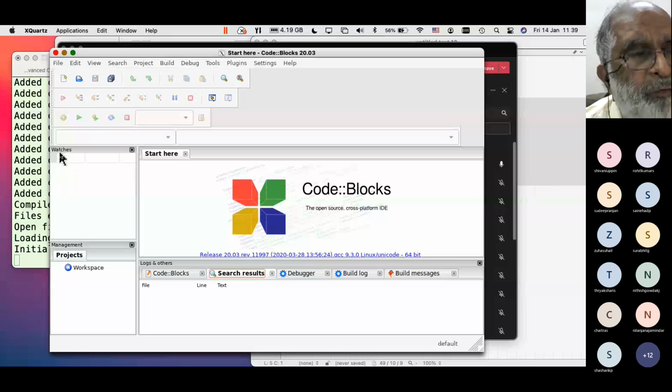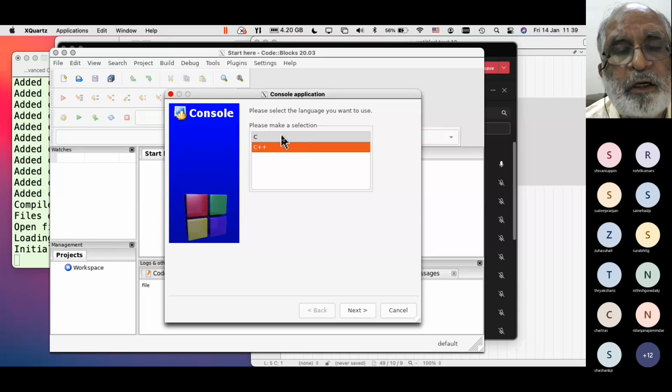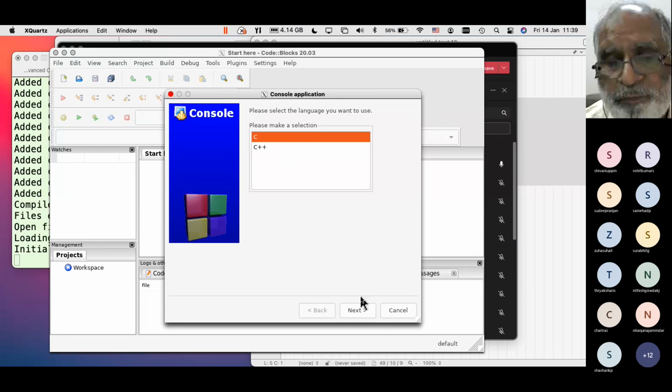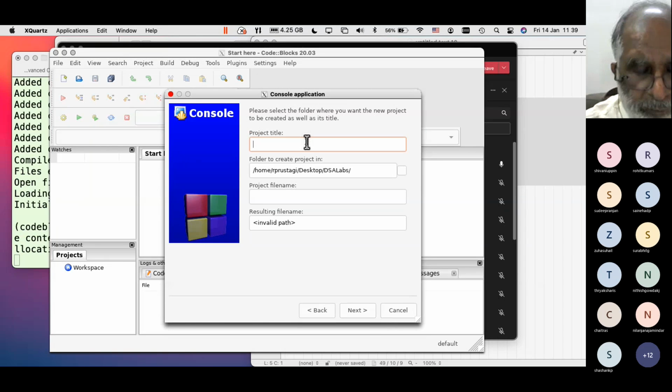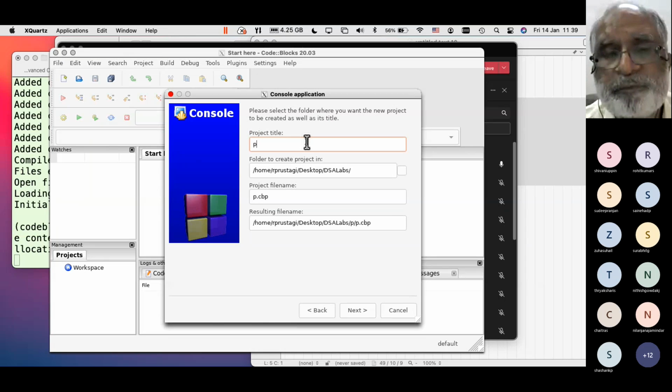we create a file. So first you do new project. Click on file, new, select project. In the project, you select console application. Say go there, select C and not C++. Click on next, give a project title, PSP, let's say 01,